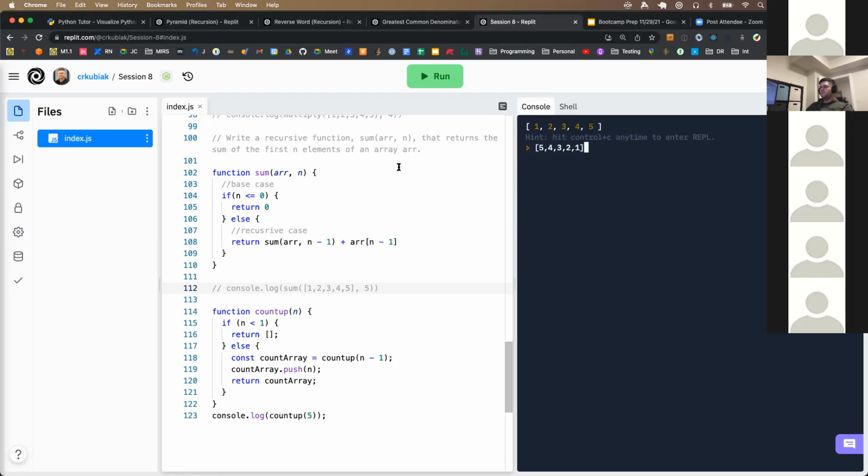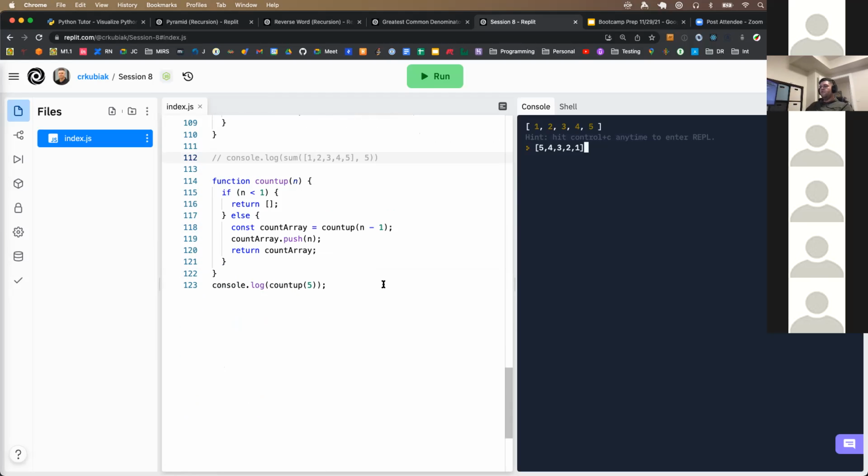Swap out push. Yep. So, because right now, push is basically just going in and adding the next value into the array. And what we want to do is, since we're doing a countdown, we want to just keep adding it to the front, right? And so what we could do is say function countdown,